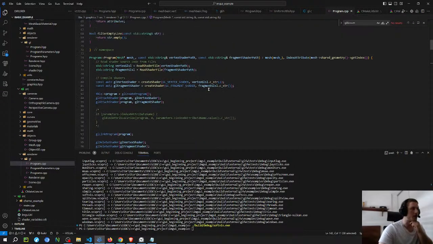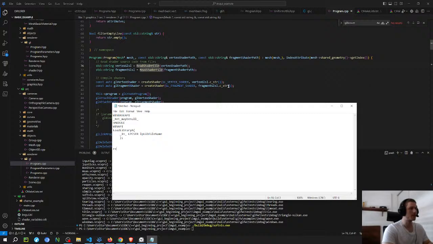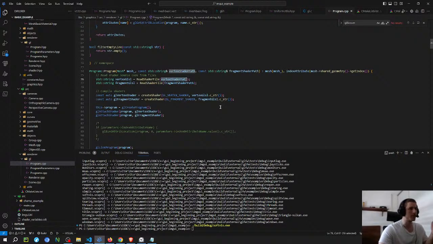Yeah, but now I realize that it could be this function here as well. So now I changed my mind completely. I thought that it was probably the glad because of the functions, but now I just realized that I'm still calling the constructor, and the constructor is calling all these functions, so it can't be the glad thing. So one of the main things that could be is this read shader file, because it's getting the path, which was one of the concerns that I have, and I spent a bunch of time thinking about this because